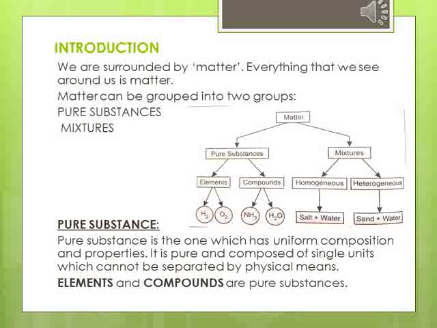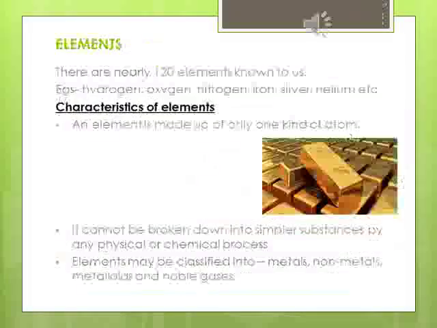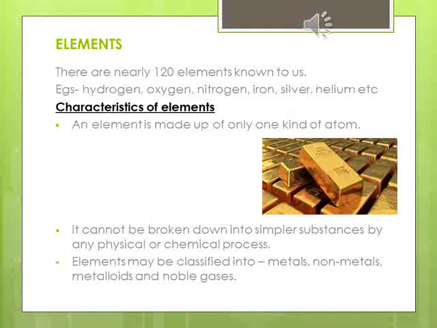Pure substances can further be grouped into two groups: elements and compounds. Elements. The first type of pure substance. There are nearly 120 elements known to us, out of which 90 elements occur naturally. The remaining are prepared in the laboratory. Examples are hydrogen, nitrogen, oxygen, iron, gold, silver, helium, neon, etc. and it goes on. Coming to the characteristics of elements, an element is made up of only one kind of